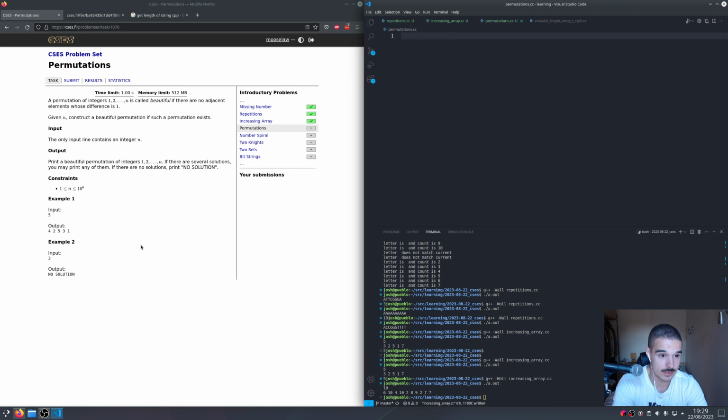The input line contains an integer n. If there are no adjacent elements whose difference is 1, so for every number between 1 and your input,